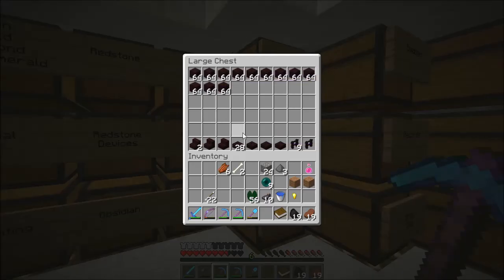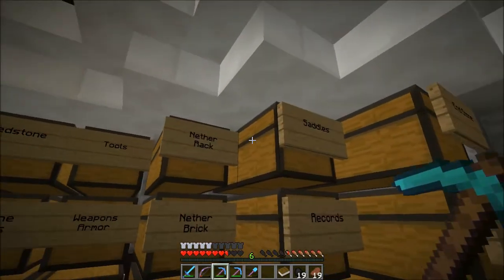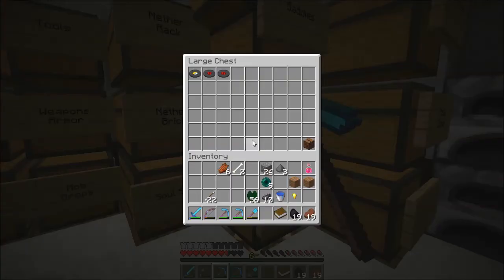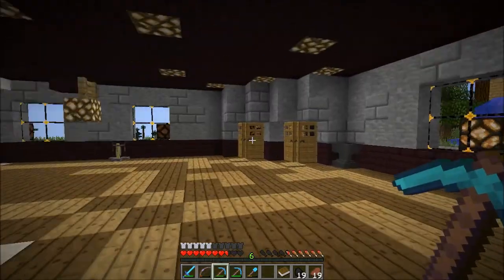Nether brick and nether brick related items. Soul sand, because I had room for a chest of soul sand. I got saddles and records, plus I have a jukebox over here. Snow and ice. I have a little...